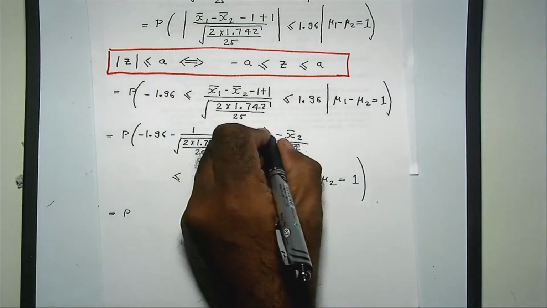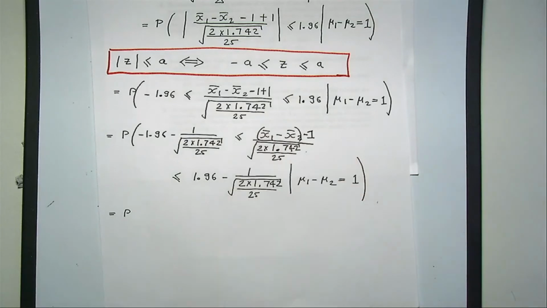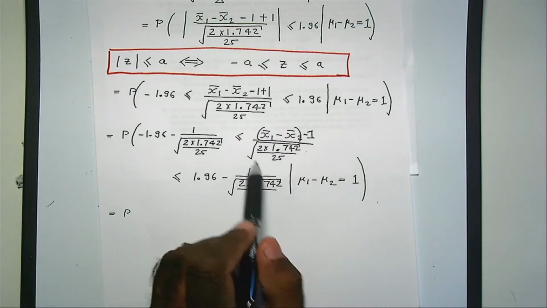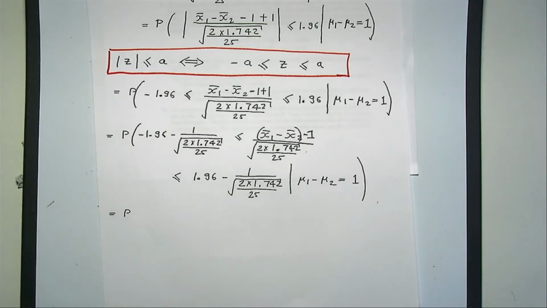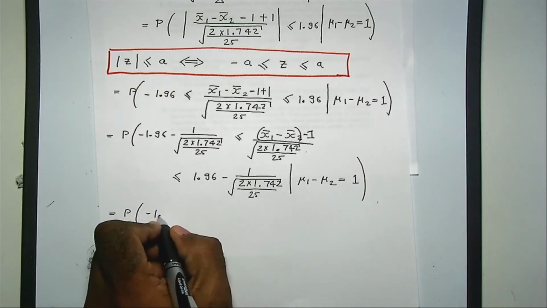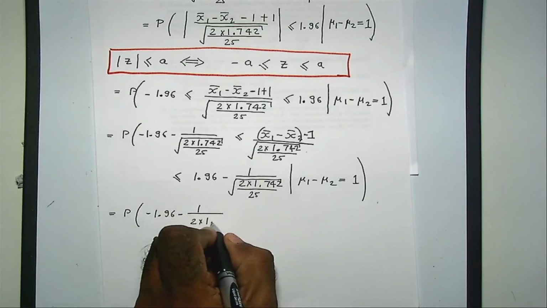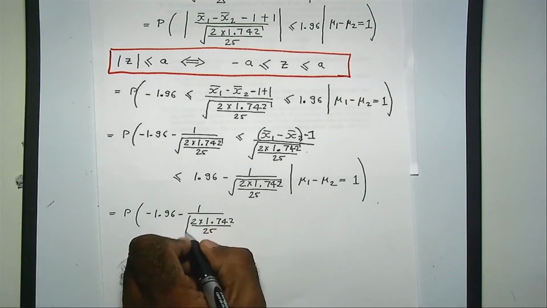I left out a -1 here, guys. Sorry, excuse me. There should be a -1 here. Using the property that I mentioned to you earlier, right? We know that this guy here, if you look at the solution for the previous question, I mentioned a property that this must have a standard normal distribution, right? So using that property, you can write this as